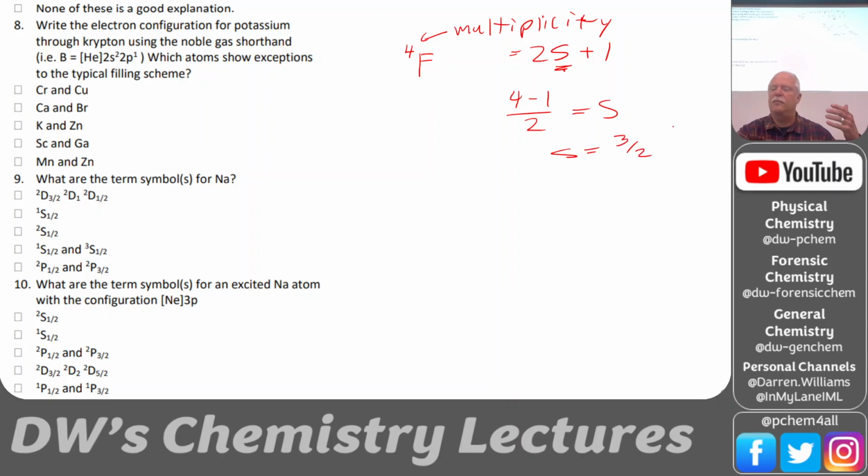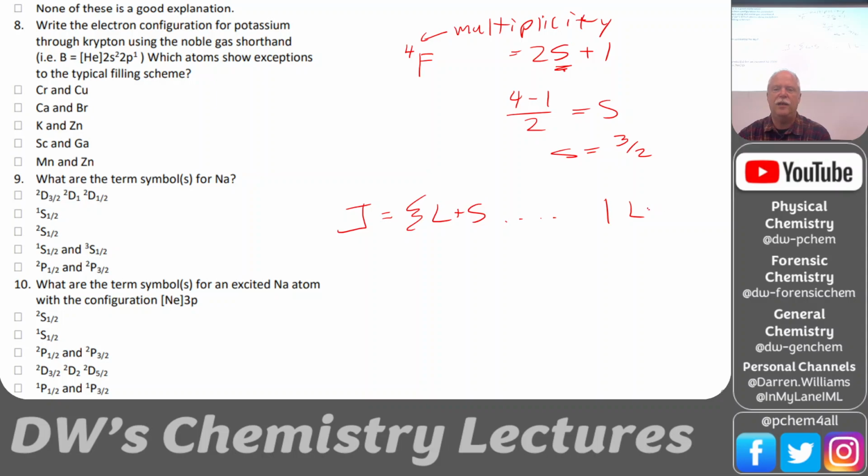Because we have a lot of times listed, if I have 3 halves, what have I got? I've got 3 unpaired electrons, a 1/2, a 1/2, and a 1/2. So that's why we like to leave things in 3 halves, 5 halves, and so on. It's kind of like counting up how many electrons you have. We know we have 3 electrons unpaired, and that gives us three halves. Okay, so that's the spin. And so then when you're doing the J quantum number, you have L plus S and L minus S and so on. So the J quantum numbers for this quartet F would go from L plus S, sorry,